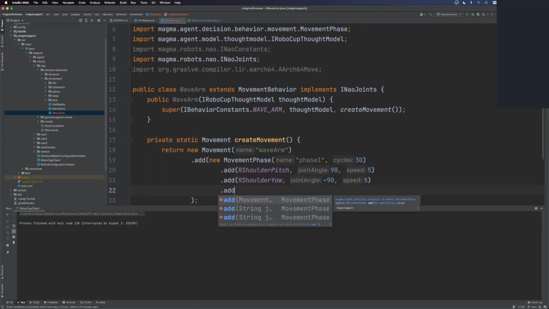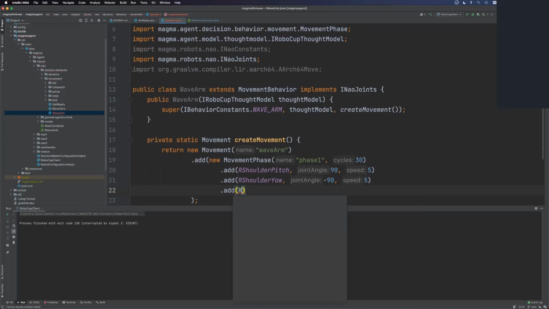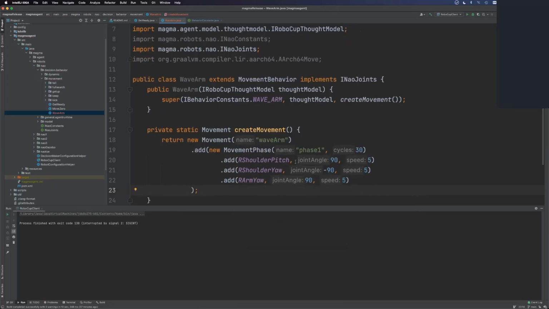And another one, this time it's the right arm yaw. Also 90 degrees with 5 degrees per cycle. And this will create the first movement phase. And before we add the second movement phase, let's just make it work so you can actually see what it does right now. So we'll open up